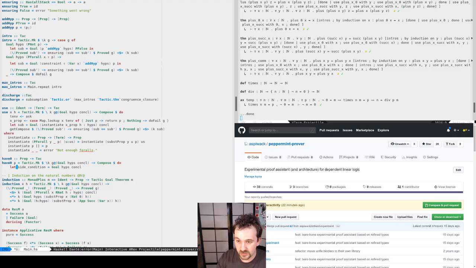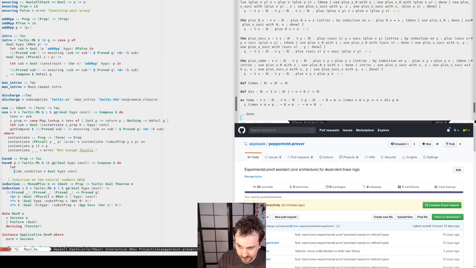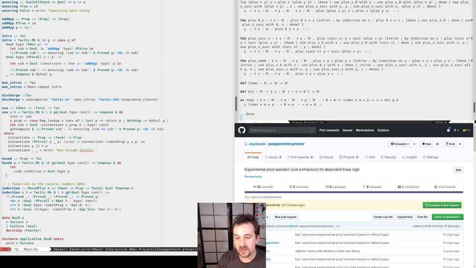So we define two different goals. One is the side condition that I can prove P, and one is my main subgoal, which is goal P colon hyps.